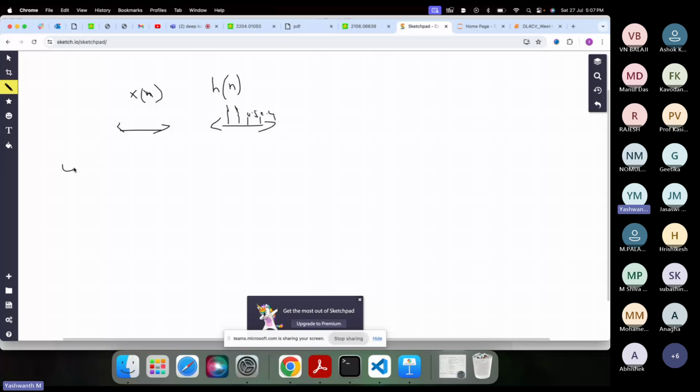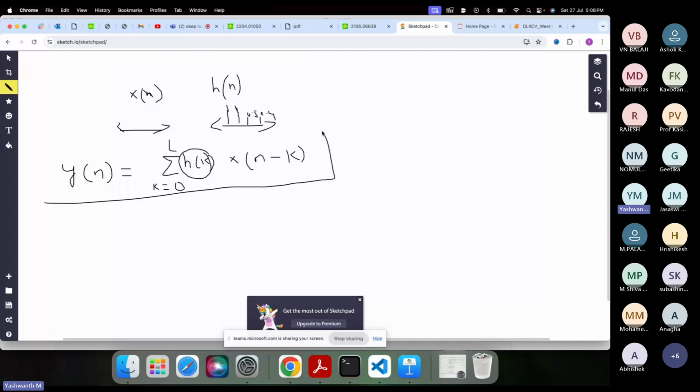The convolution operation is defined between two sequences something like this, from zero to L, where L is the size of the sequence. This is my convolution operation, and the cross correlation operation is